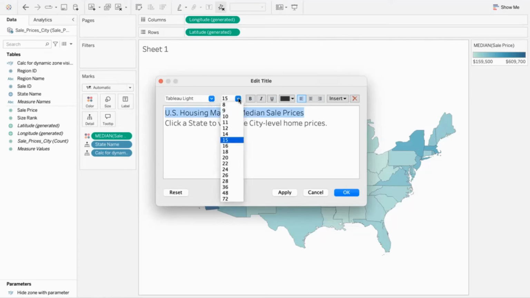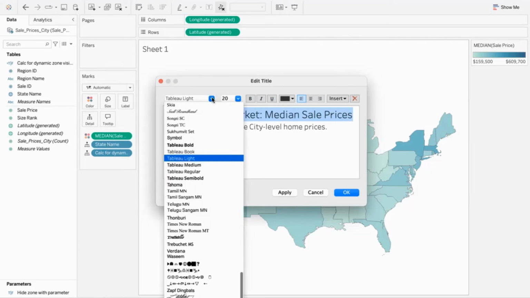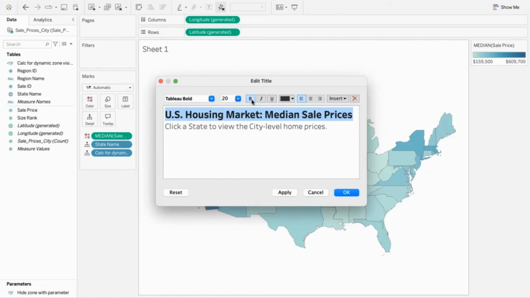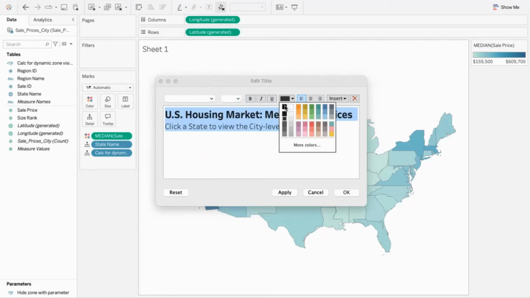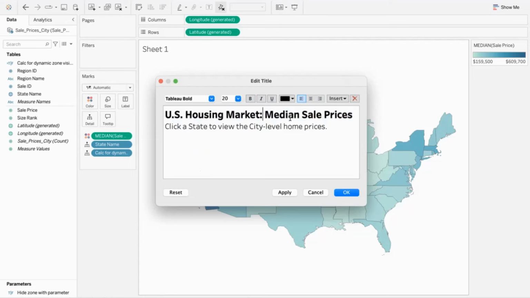So I would like this to be all right, so my main title will be 20. I would reduce this one to 12, right? And I would use Tableau book for it. So that's basically it. So I'm using 20 and Tableau book for the title of the chart, and then